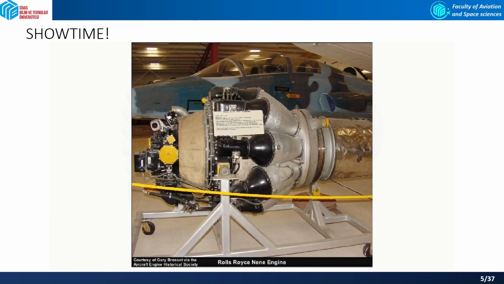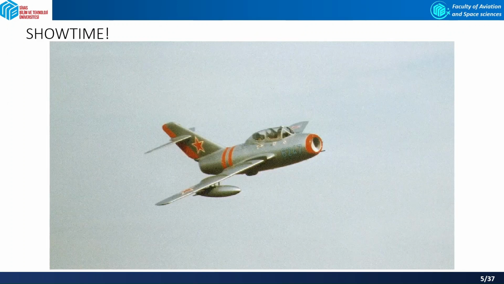During a visit to the United States in early 1944, the leader of the Rolls-Royce design team found that General Electric were developing engines capable of producing up to 4,000 pounds of thrust. As a response to this, after his return, he initiated a project which culminated in the Nene engine, which at the time was the most powerful engine in the world, with 5,000 pounds of thrust. Possibly one of the most important but least publicized uses of this engine was its incorporation into the Russian MiG-15 aircraft, which was so effective in the Korean conflict.